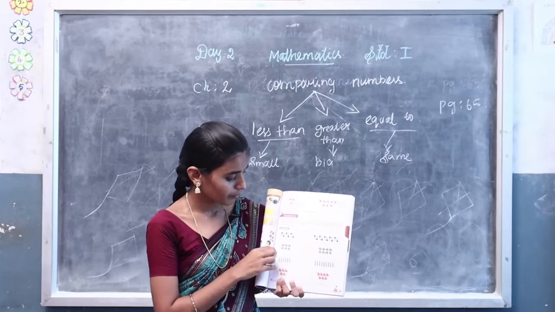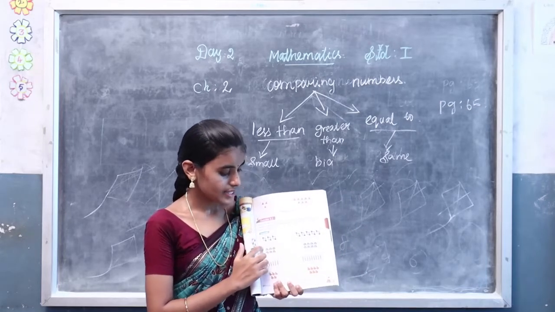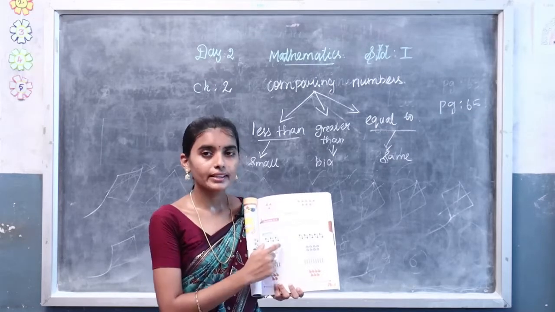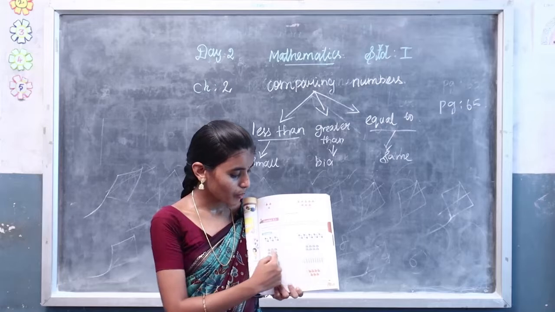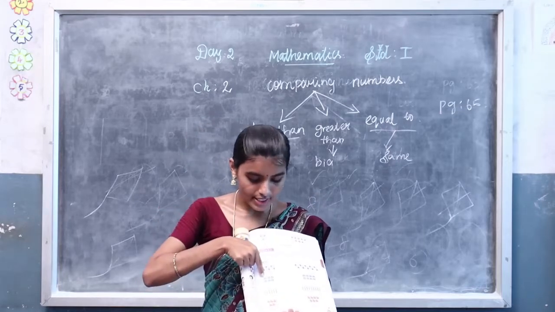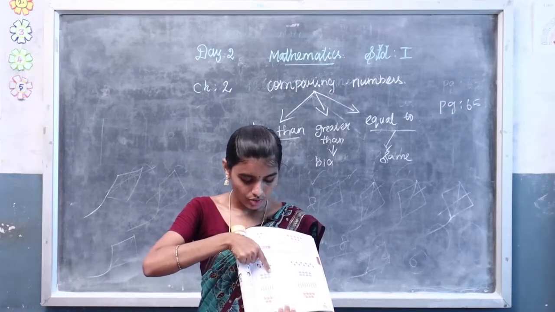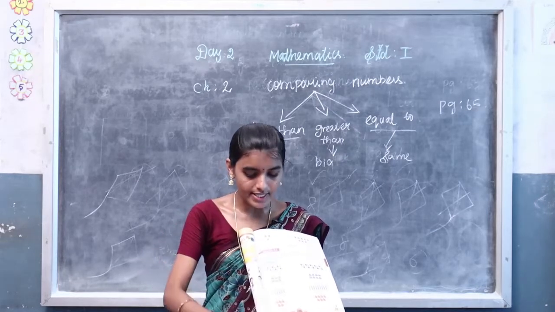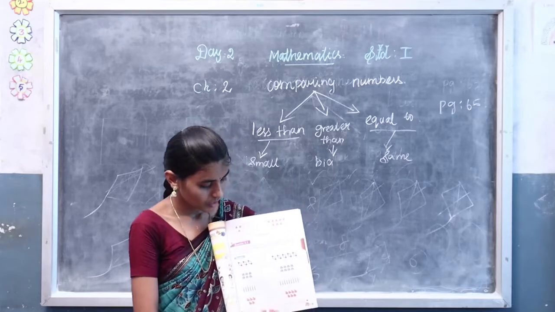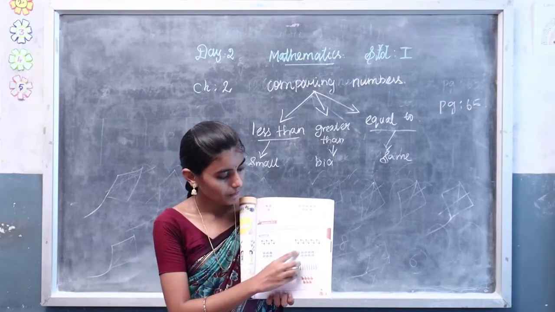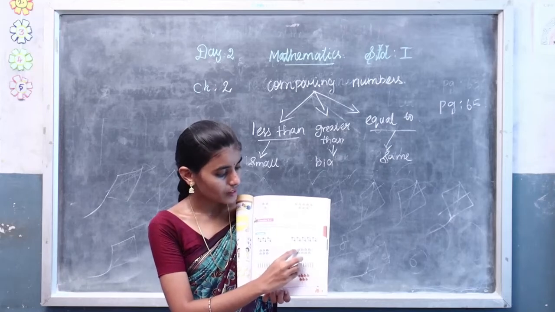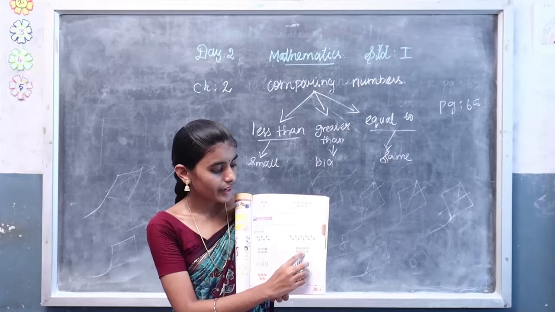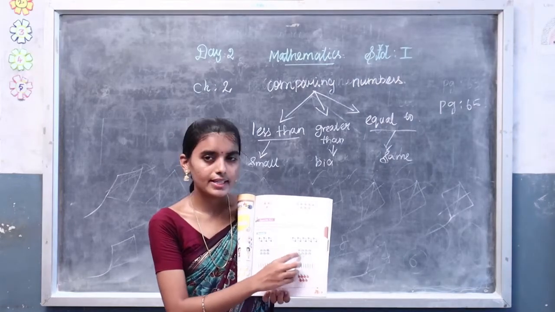Then see the second one. What is in the second box? There are some caps in the second sum. For comparing the numbers, count the caps in both boxes. See the first box, count the caps. 1, 2, 3, 4, 5, 6. 6 caps in the first box. Write 6 in the first box. And see the second box. How many caps in the second box? 1, 2, 3, 4, 5, 6, 7 and 8. 8 caps in the second box.